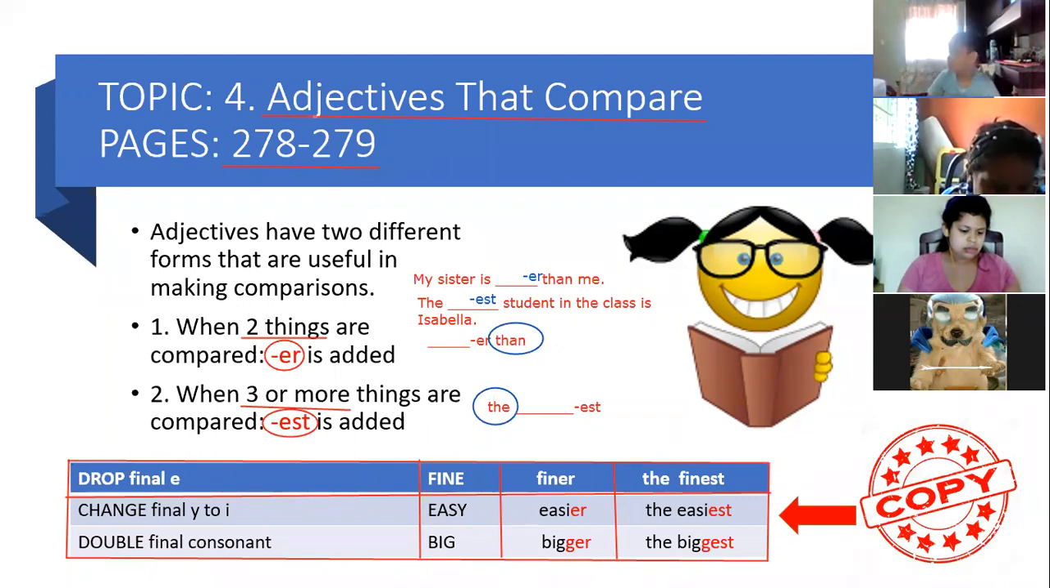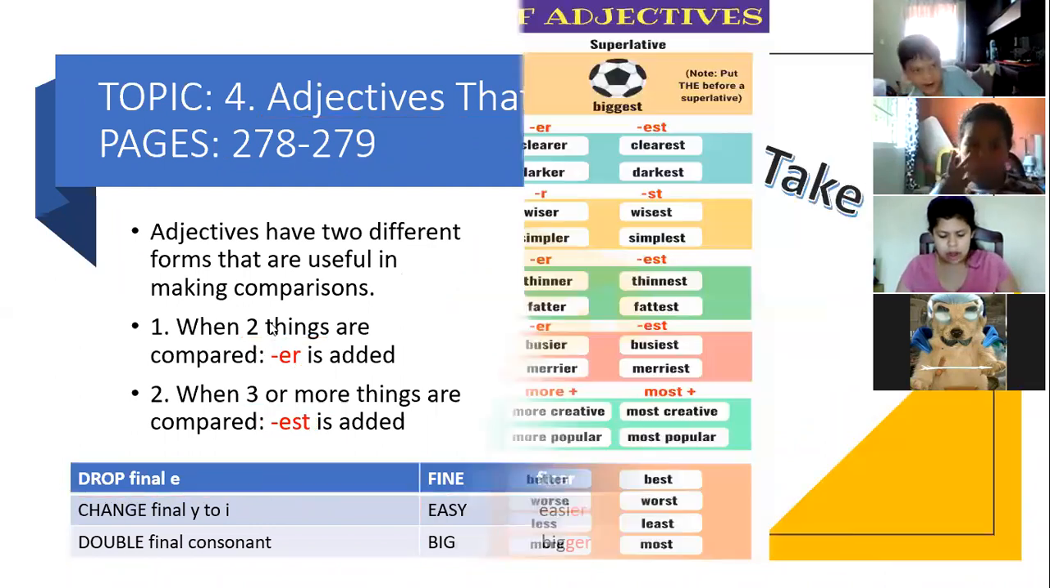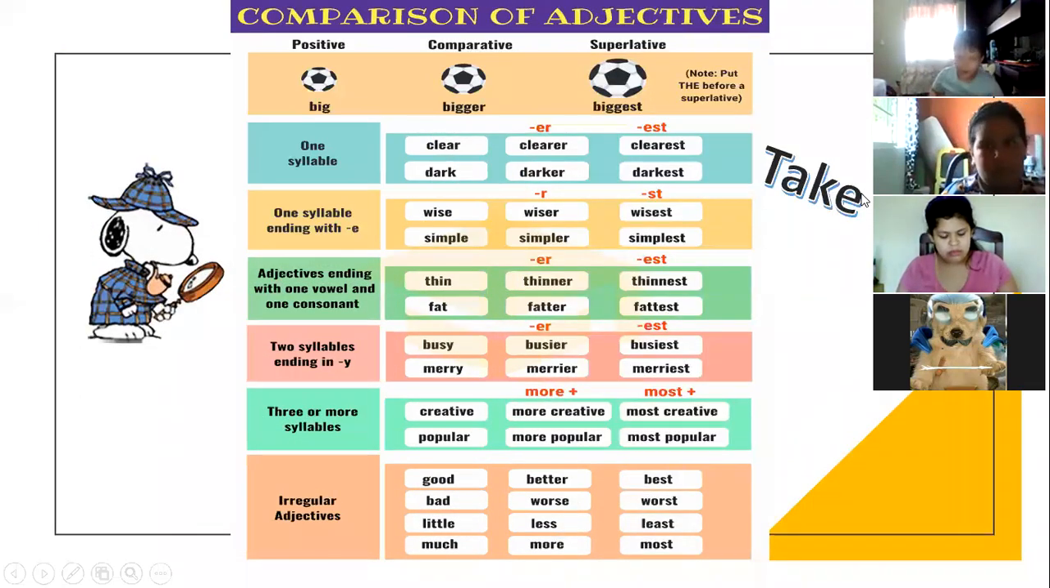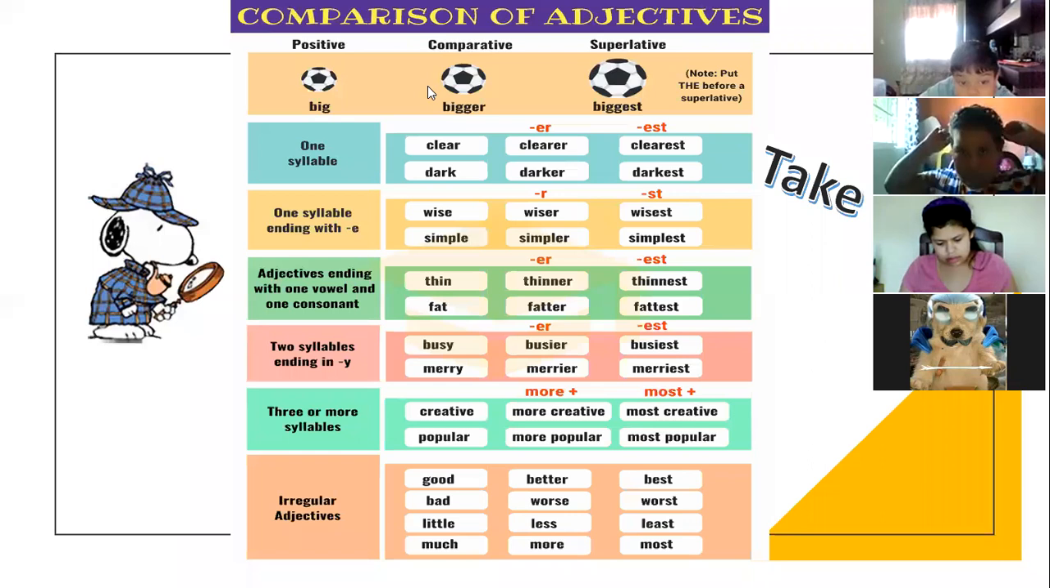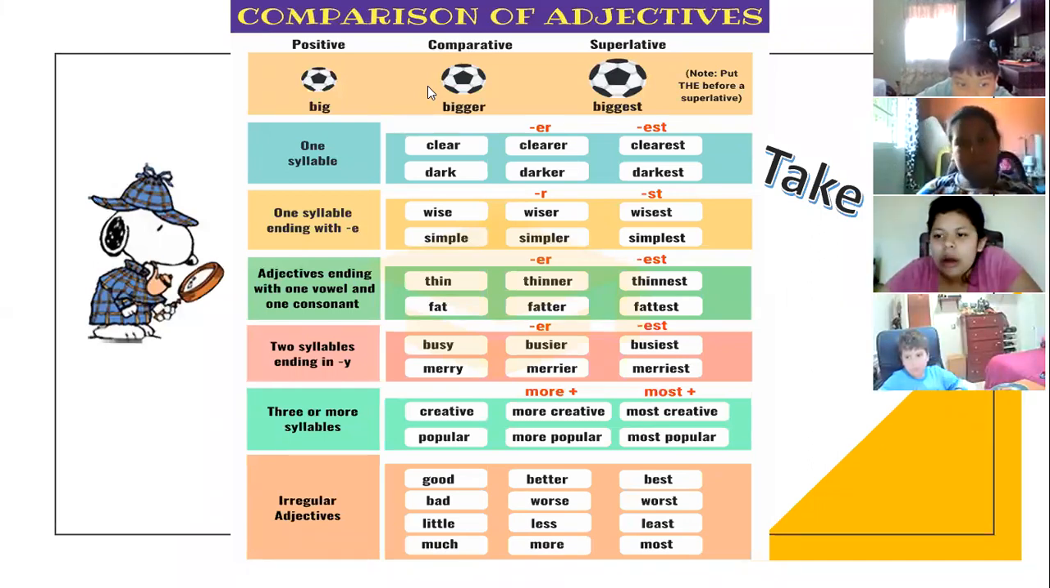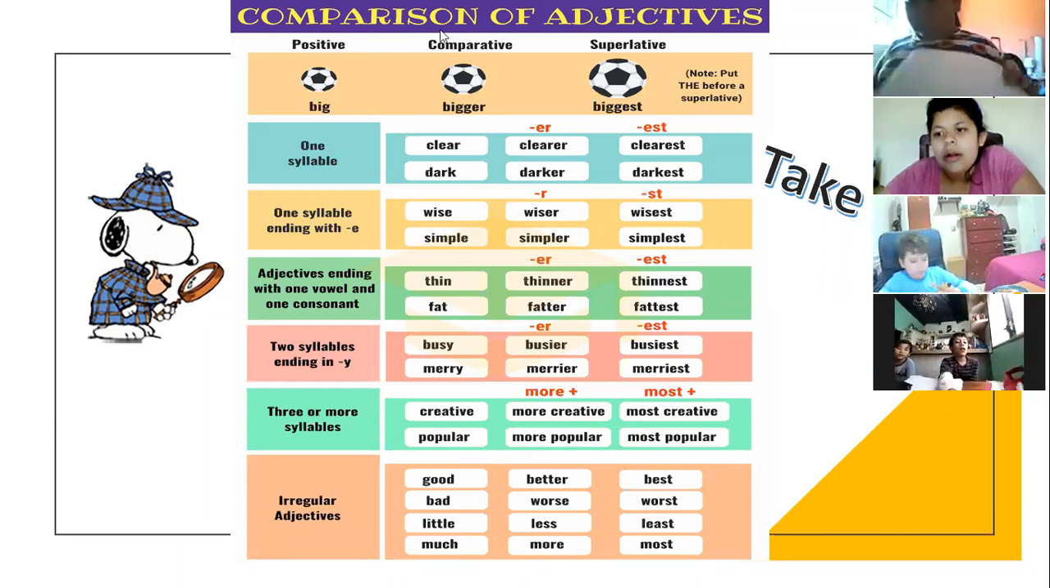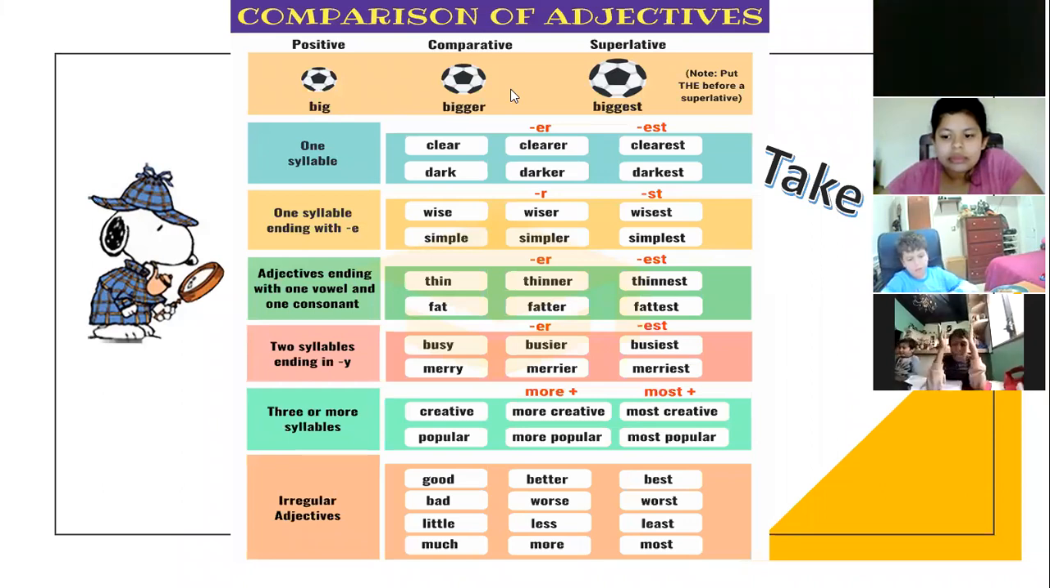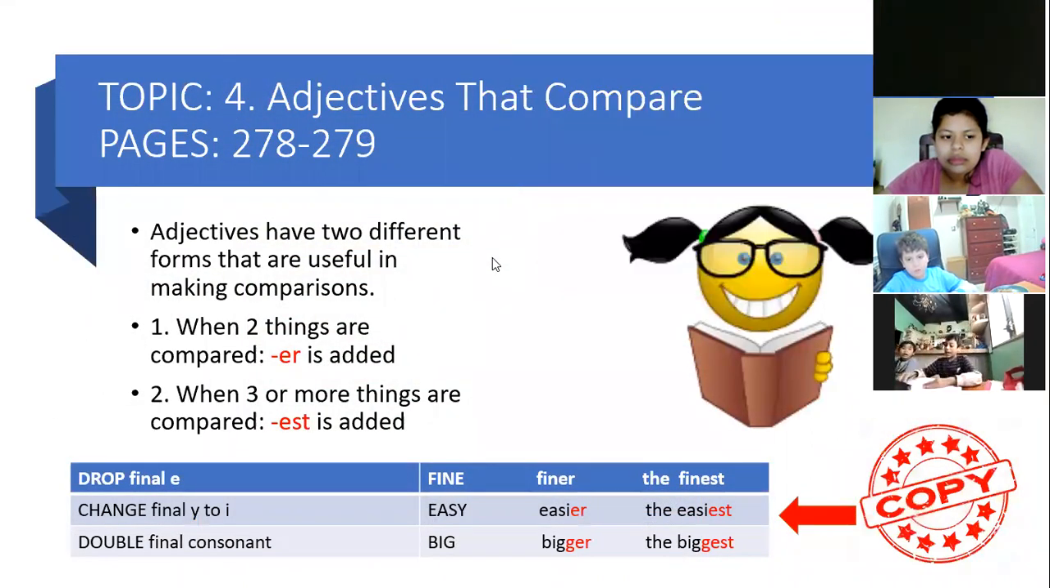Let's continue. You could finish, right? Okay. Good job. Now, let's take a look at this box. Okay, let's take a look at this chart. This chart says comparisons of adjectives. But something that I forgot to mention is the double final